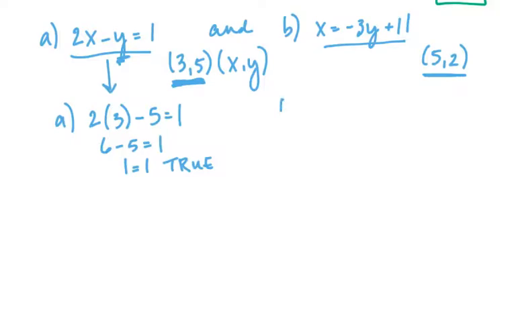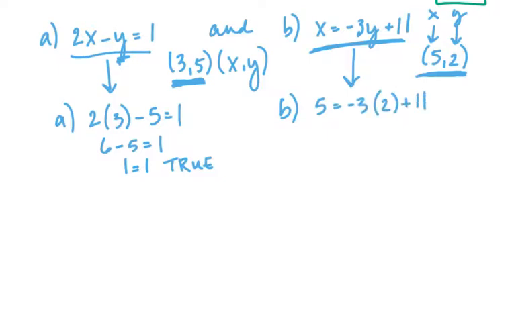And then we're going to test equation B, plugging (5, 2) into this equation. Again, not forgetting that the 5 is our x and the 2 is our y. So I'm going to rewrite this equation, plugging in 5 for x, plugging in 2 for y. So this becomes -6 plus 11. And -6 plus 11, in fact, does equal